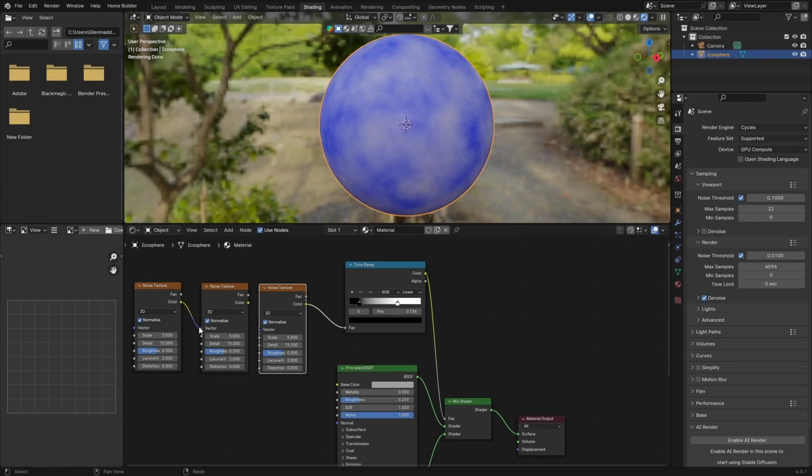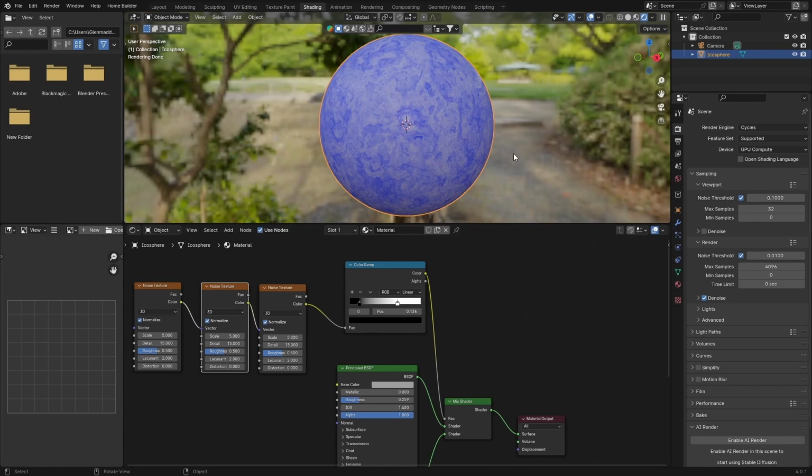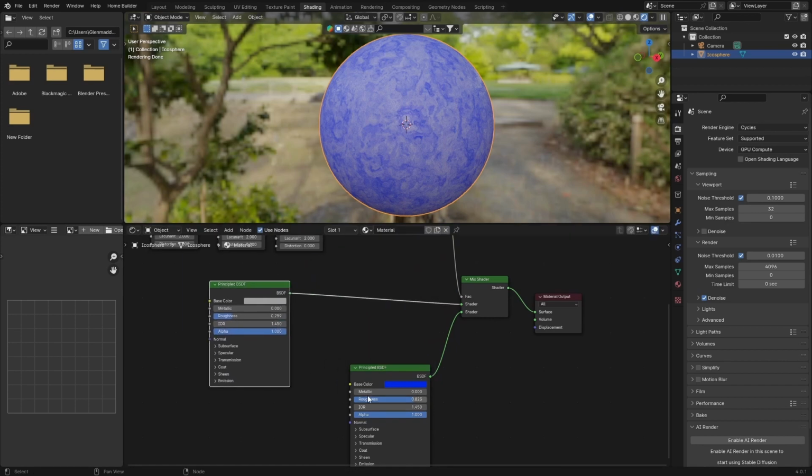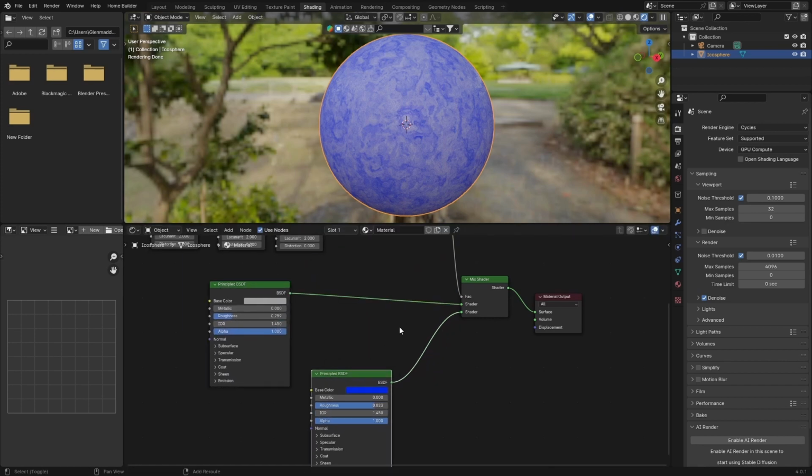That's how we've added a few noise textures, because if I do this and bring this back, you can see it just adds a bit more detail and it looks better. Now what you want to do is bring this here, bring this here, and bring this here, and go Shift A, type in mix, and add a mix shader again